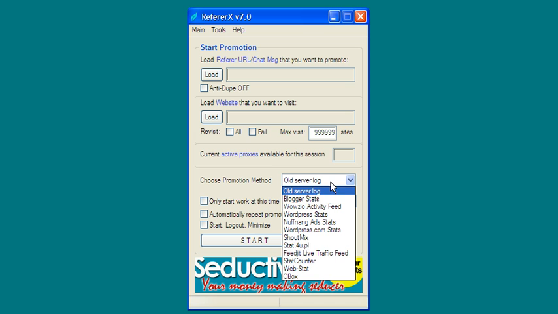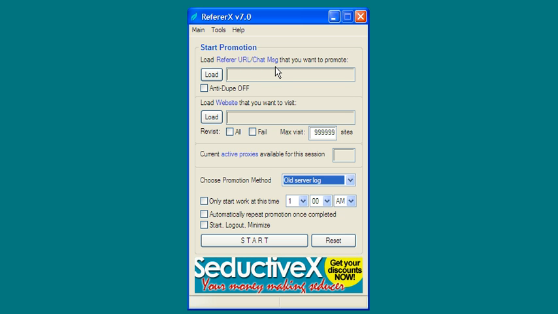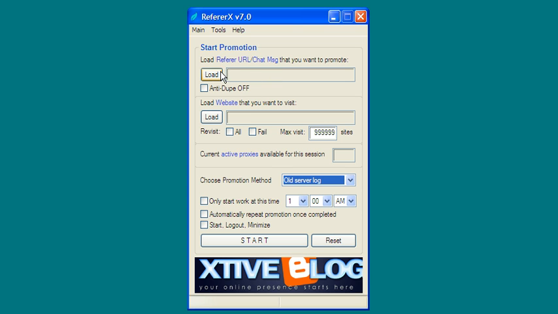Choose the method of promotion. If you choose traffic log or statistic or site analysis, basically you need to load the referral URL. And if you choose chatbot like cbot, then you need to load the chat message file. Now once you have loaded it,